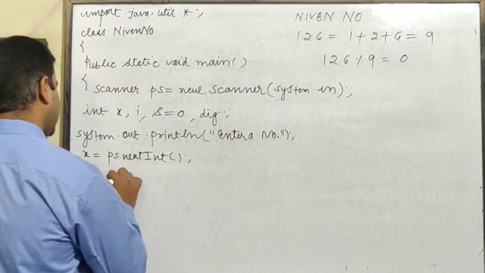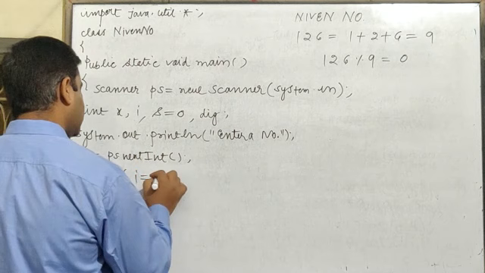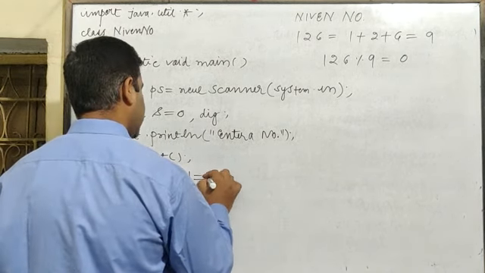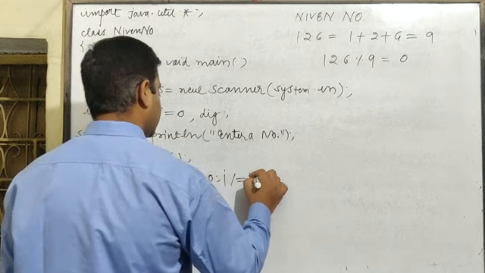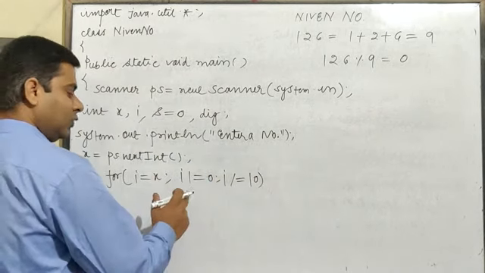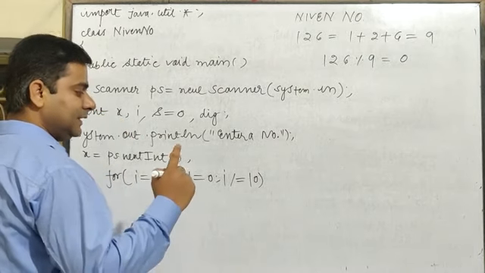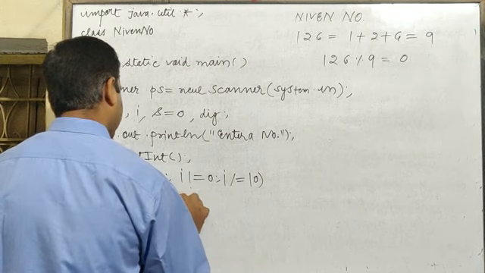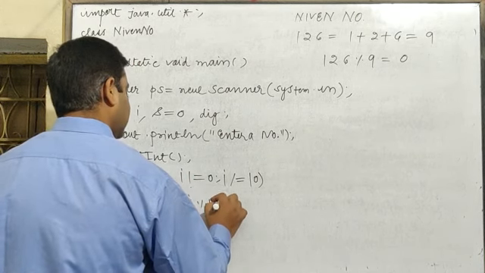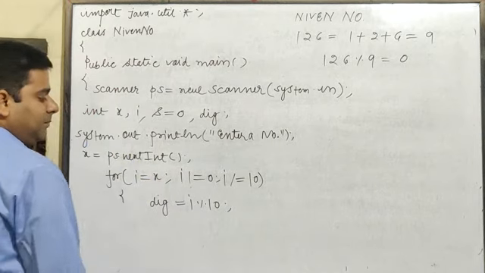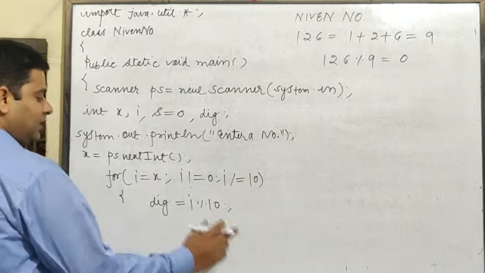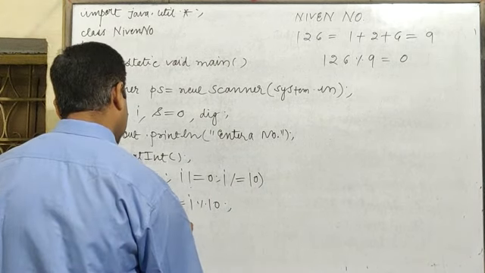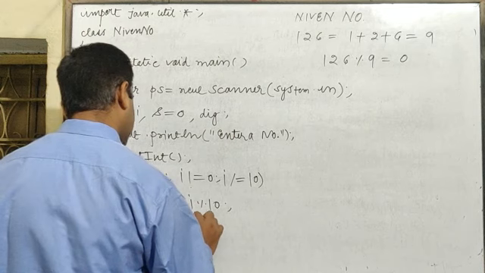So, here we will write the loop: for I equals to X, I is not equal to 0, I divided equals to 10. Okay, this is the loop we are writing to find the digit and then the sum. So digit you will find by finding the modulus of I by 10. If we write I modulus 10, we will get the remainder, that will be the digit. And we have to find the sum. So S plus equals to digit.